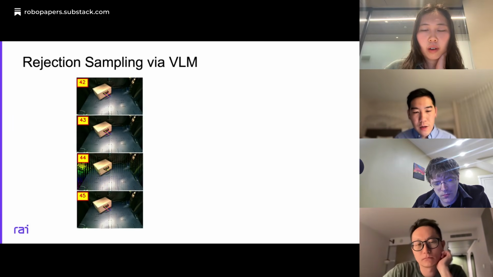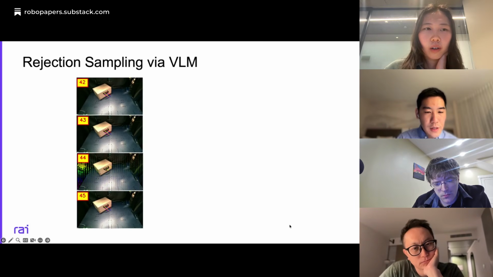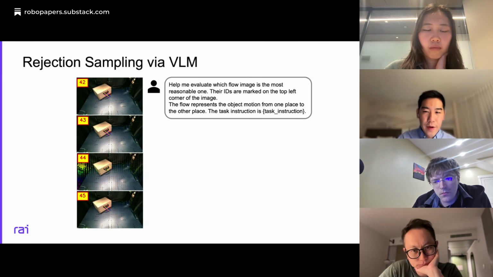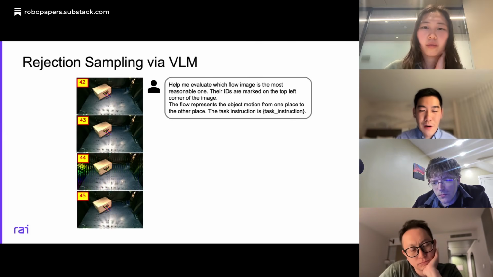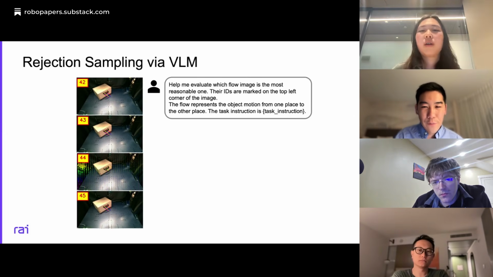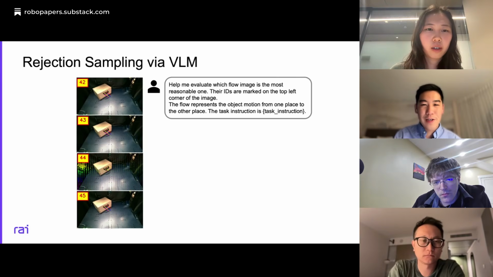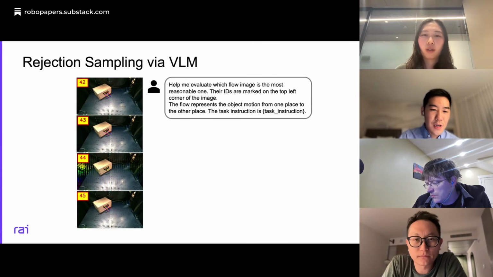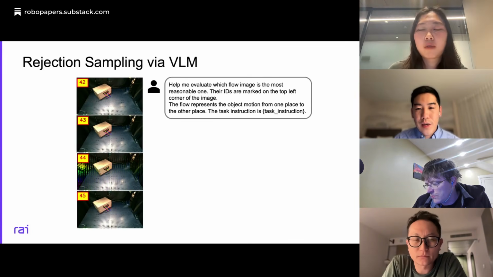By concatenating all the final flow images together, we pass them to a VLM, along with the prompt: help me evaluate which flow image is the most reasonable one. Their IDs are marked on the top left corner. The flow represents the object motion from one place to the other, and we put the task instruction there, which in this case is open the drawer.